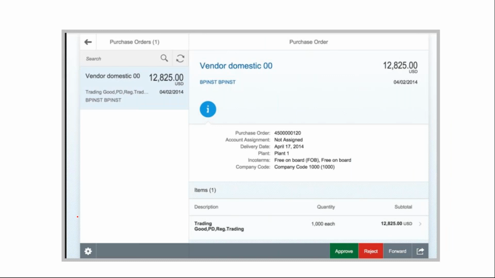Okay. So when you talk about Fiori, you have something called workflow approvals, right? So workflow approvals. Imagine a screen like this. I'm just putting up a screen. This is basically a screen where I trigger a purchase order. It undergoes a workflow process, right? It undergoes a workflow where it goes to my supervisor, who has the discretion to approve or reject the PO. Imagine a screen like this.